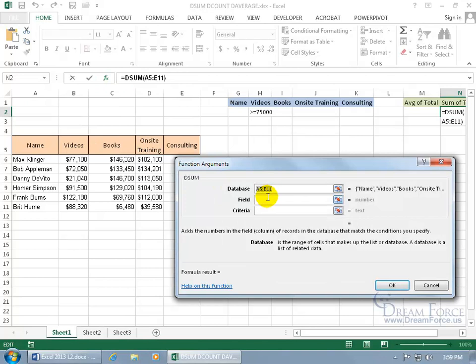It picks it up here so it explains it, so you can see it here and not have to scroll back and forth. And then we can go to the field here, and it says field is either the label of the column in double quotation marks or the number that represents the column's position in the list. So it's going to be videos here, so I can do double quotation marks, meaning open quotes, and then the